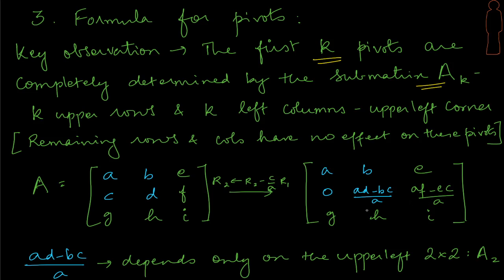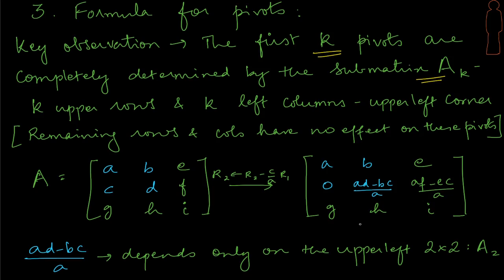Okay, the first point to note here is that finding this element AD minus BC by A, it definitely depends only on the A2 matrix. For finding this out, probably we needed this value and nothing from here and nothing below, nothing from here as well, which means that all that we needed was this multiplier which came from here, and this element, which means that in order to calculate this part in the elimination, we really did not have to go through the other elements, right? Okay, but then let us just continue with elimination and see what happens.